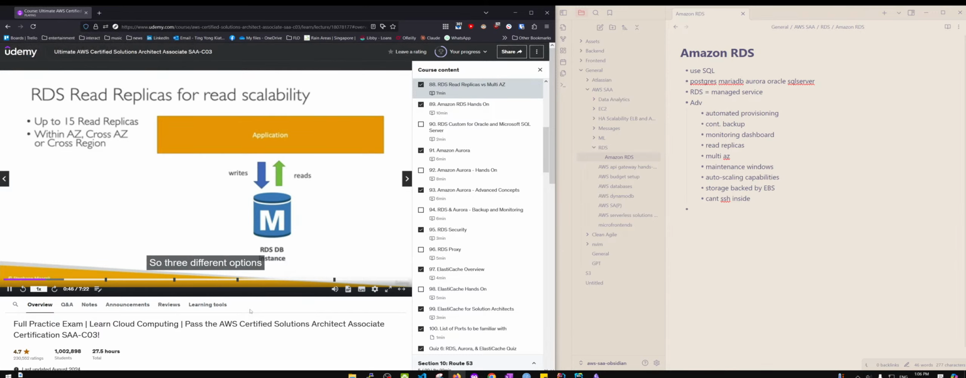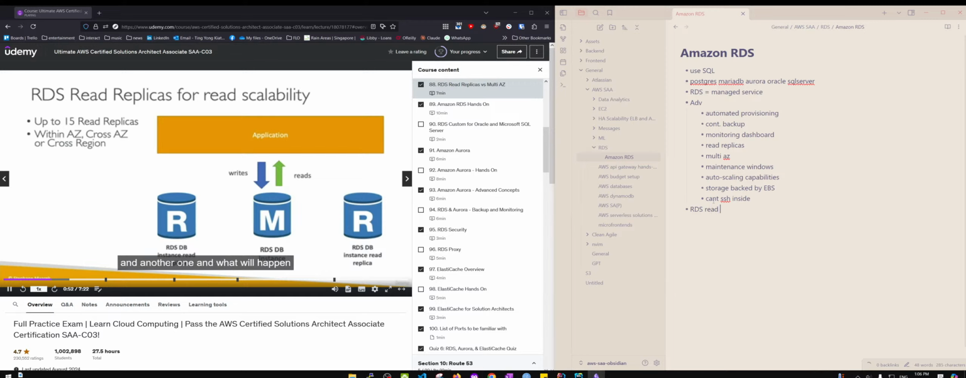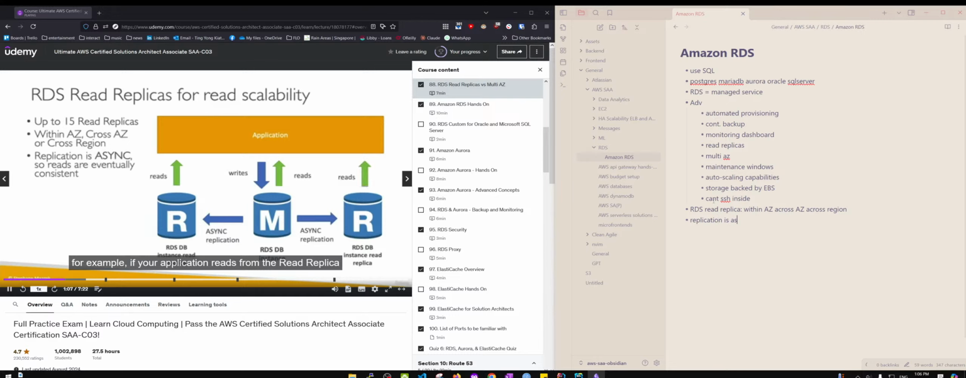So 3 different options, and they're very important to remember. So say we have another RDS instance read replica and another one. And what will happen is that there will be an asynchronous replication between the main RDS database instance and the 2 read replicas. Asynchronous, that means that the reads are eventually consistent. What that means is that, for example, if your application reads from the read replica before they had the chance to replicate the data, then you may get